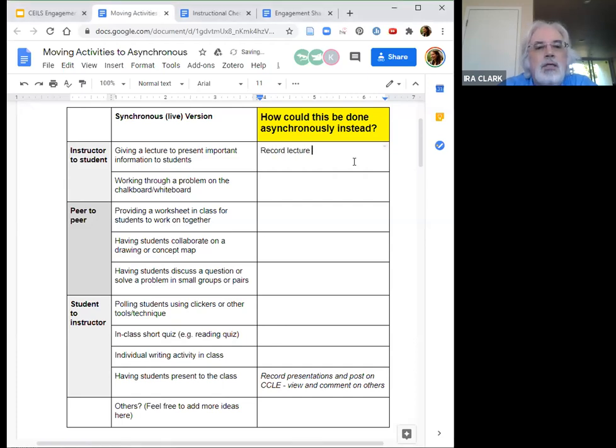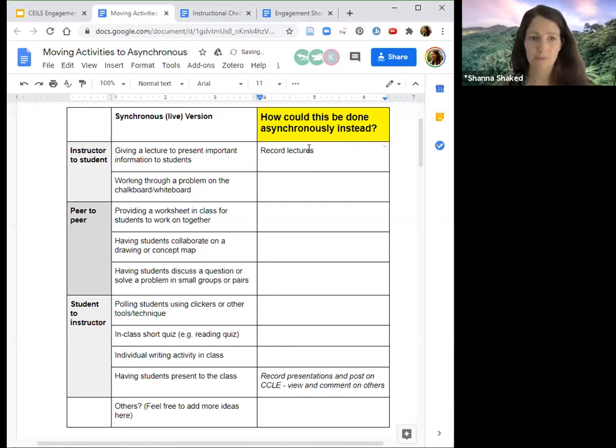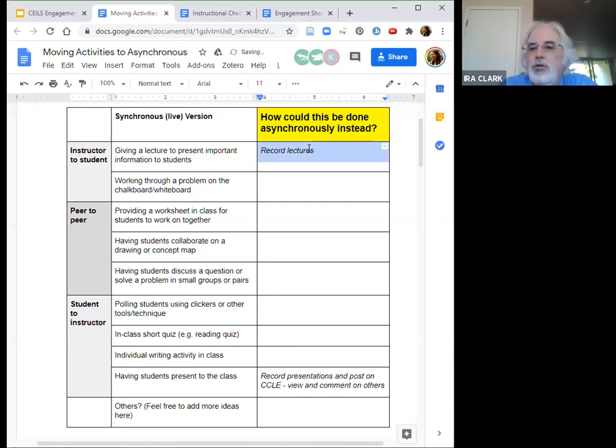But I'm thinking that for the second point, working through problems on a chalkboard or whiteboard, obviously that sounds like something that's really geared towards synchronous learning, right?